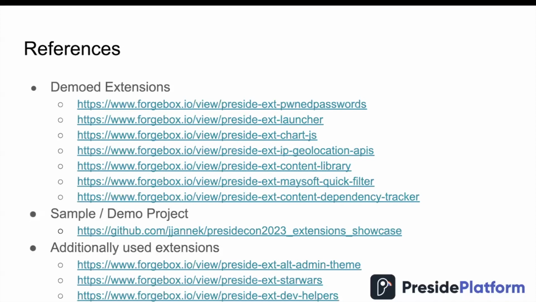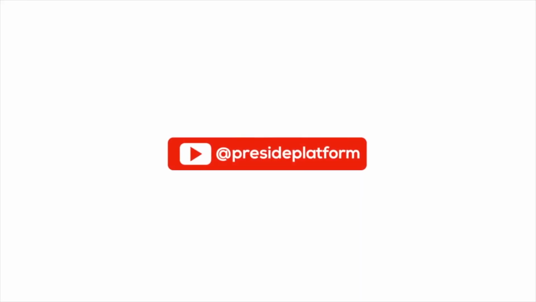Yeah, so for the references, the sample project is also available for anyone to play around with what has been done there. Check out ForgeBox for lots. Yes, definitely. Or we do a pull request for the